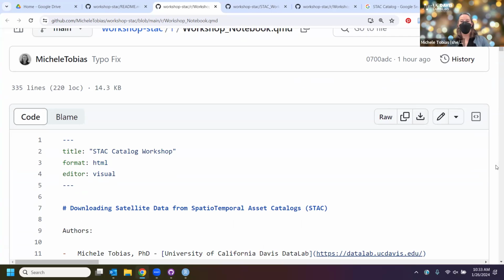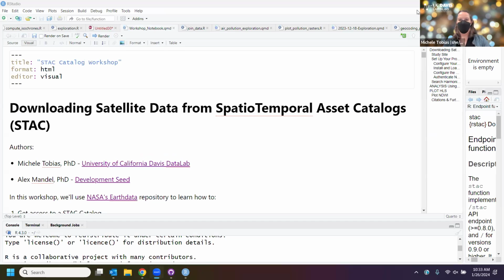So we are going to be working with this particular Quarto file, and we're going to use it in RStudio. So I'm going to get rid of all this extra junk in the way. What I have done is I've opened up RStudio and I have loaded this workshop_notebook.qmd file. So I'm going to give folks a minute to go ahead and open up their RStudio and load up their Quarto file. Essentially, it's a notebook. It's got text-based information in it, and then there's also code blocks that we can run. So it's easier to read and nicer to look at